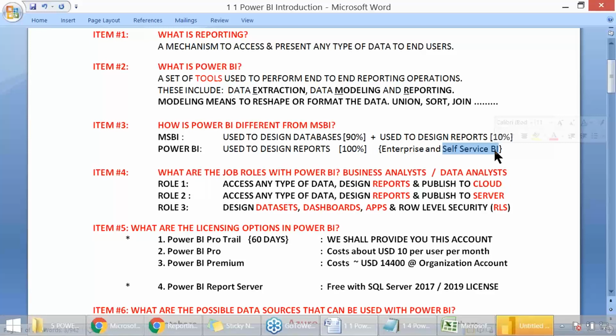I fetch some cheese for them, some egg slices, and prepare a sandwich and give it to them. Now the question is, the bread, the boiled egg slices, the garnishing kept over there, from where did it come? From the kitchen area. Our kitchen is Power Query.